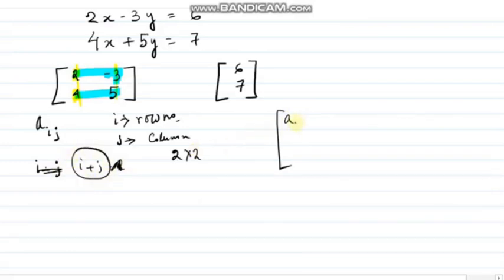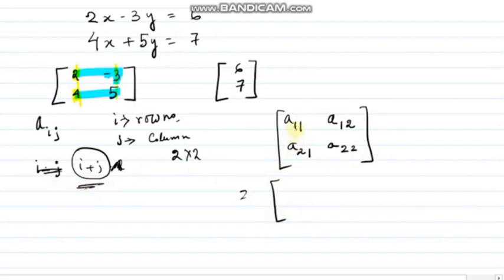So first one will be first row, first column. I am not changing my row, I am changing my column only: first row, second column. Then second row, first column, and this is second row, second column, right? I said my rule will be only I plus J. Just check the matrix. It will be A11, so 1 plus 1, this will be 2. As I said, this will be your I and this next one will be your J, right? So next one will be 1 plus 2, that is 3. Again this will be 2 plus 1, it is 3, and 2 plus 2, it is 4, right?